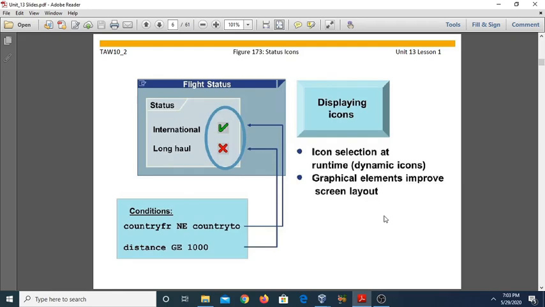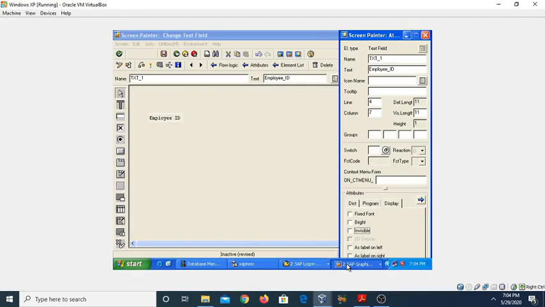As shown here, either of the two icons will be relevant at runtime. Icons allow you to indicate a status in your application. They are predefined in the system and consist of 2 or 4 characters. You can see that is your status icon. You can display it with the help of icons. So if you want to see it practically, come back.